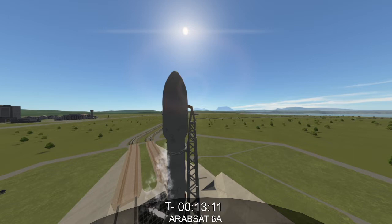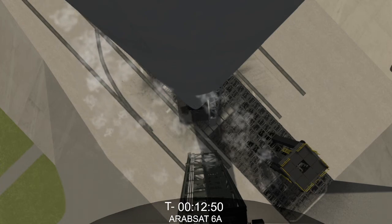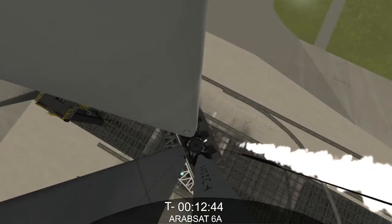Now, altogether, these engines produce over 5 million pounds of thrust, equal to 18 747s at takeoff. In fact, the engines produce so much power that we don't run them at full thrust all at once until after liftoff. For the mission today, each one of these 3 Falcon 9 boosters is brand new. It's also going to be the first time we are flying Falcon Heavy with our upgraded Block 5 cores, which feature more lift capacity, a beefed up heat shield, and other changes to make the boosters more reliable and easier